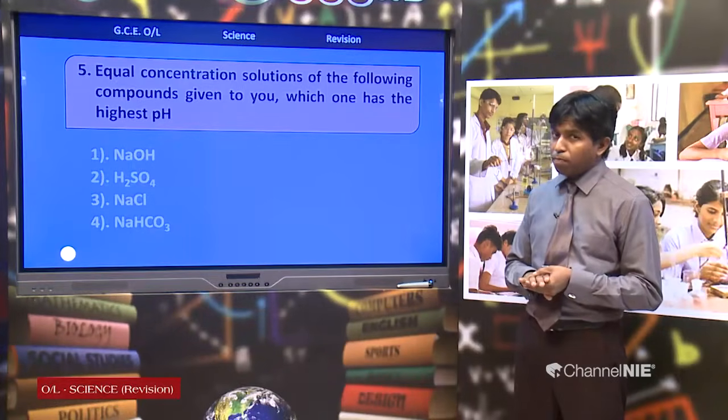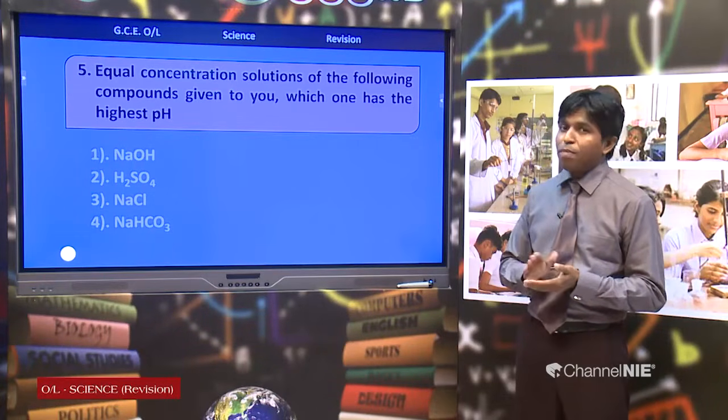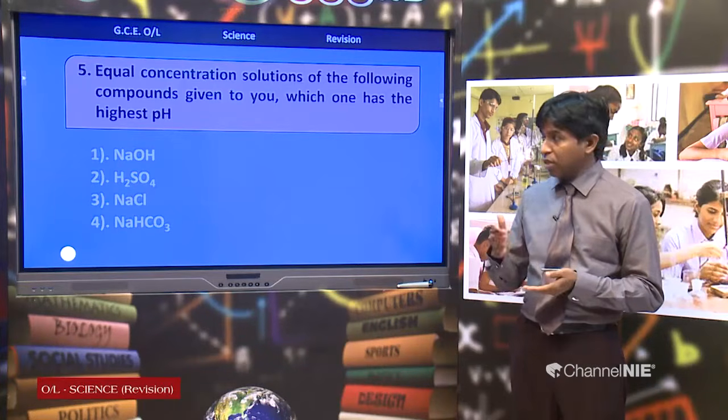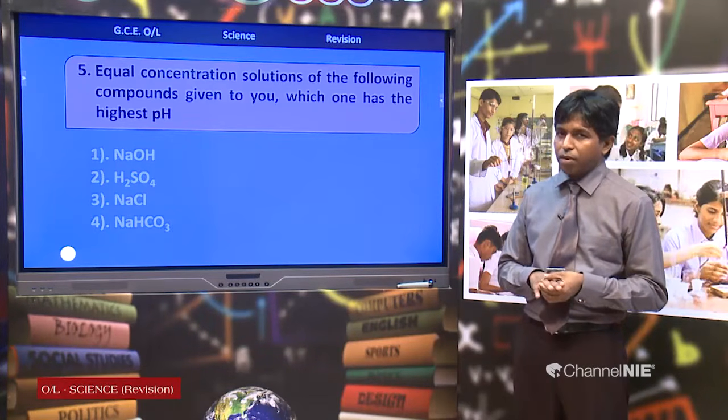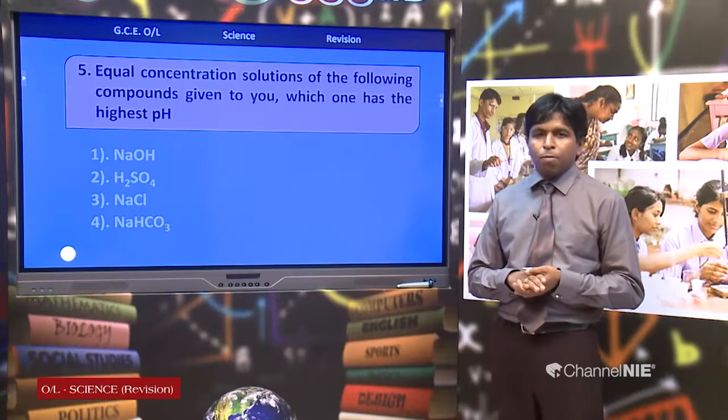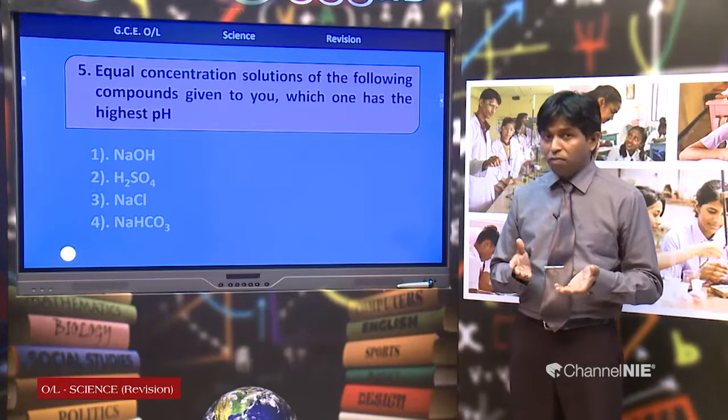Therefore, for a given compound you should know whether it is an acid or a base, and then whether it is strong or weak. If it is a strong base, pH is high. If it is a strong acid, pH is low. And neutral: if you take 100% pure water, ultra pure water or grade 1 water,